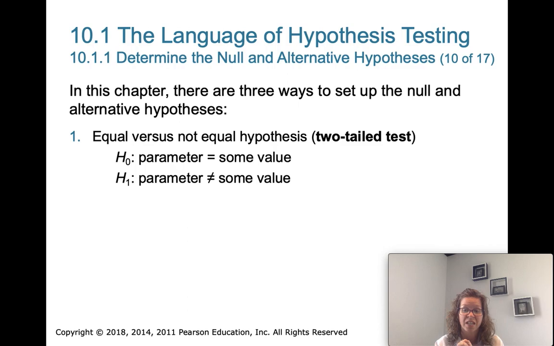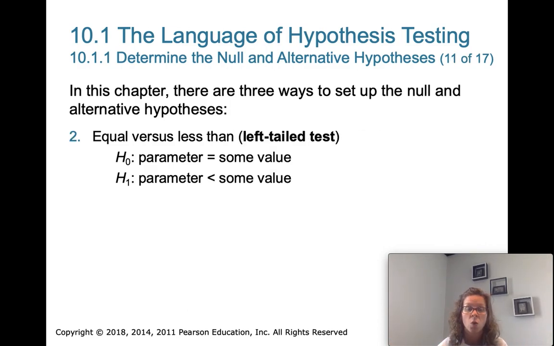The researcher just thinks things are different than they used to be. The researcher's not making a claim in either direction, just to say things are different than they used to be. And this is called a two-tailed test because it's just saying it's not this. It could be bigger, it could be smaller, but I just don't think it is what it used to be. We could do a left-tailed test,